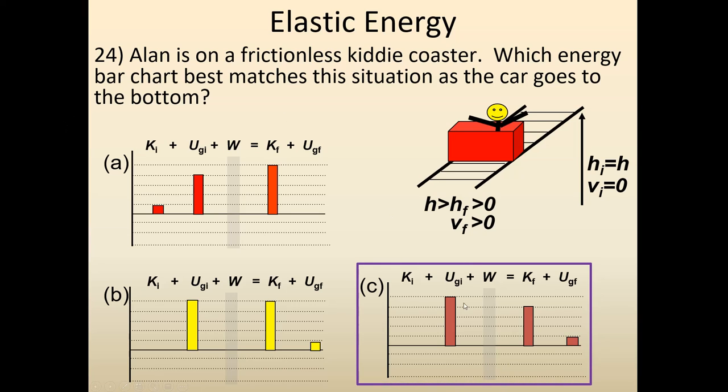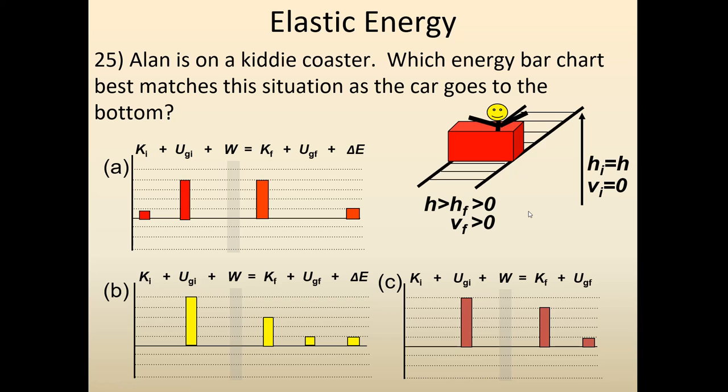Now, just to double check, I notice here that there is some potential energy on the right hand side. So potential energy is related to height. If I have potential on the right, that means I'm ending at a spot that's not ground level. Is that what I see? Yeah, right here it says that the final height position is greater than zero, meaning that it's going to be landing at a spot above the ground. All right,